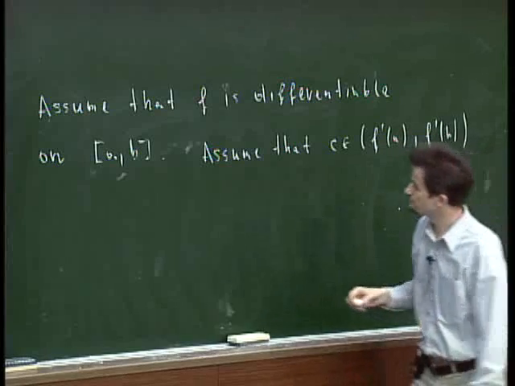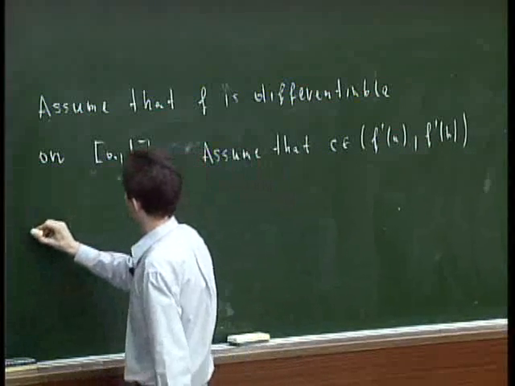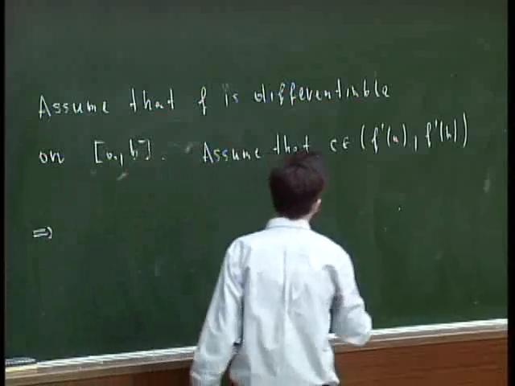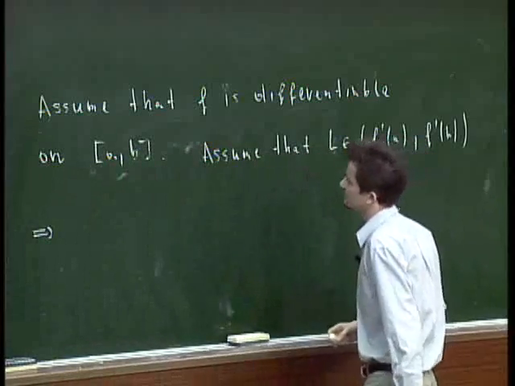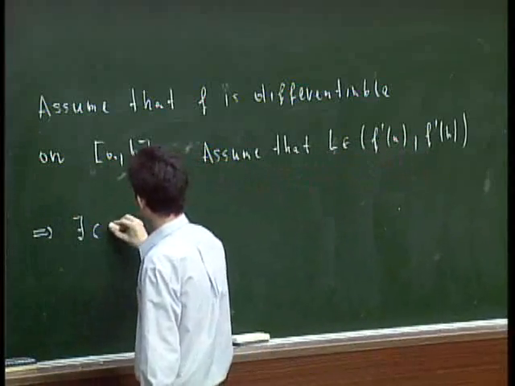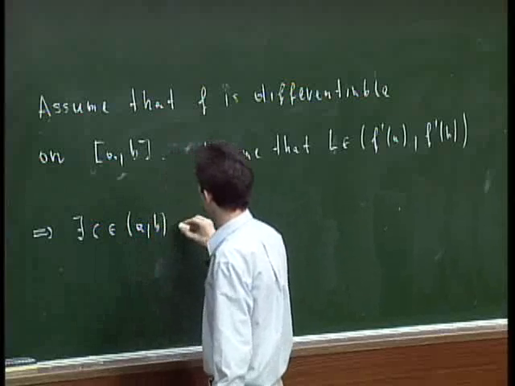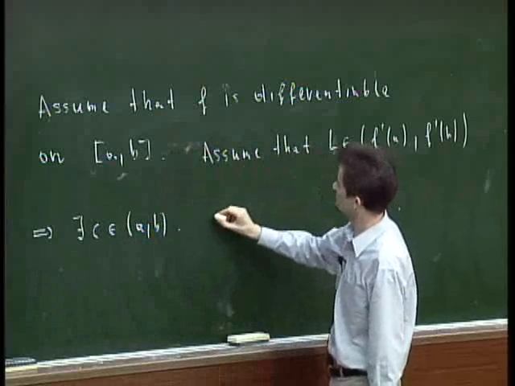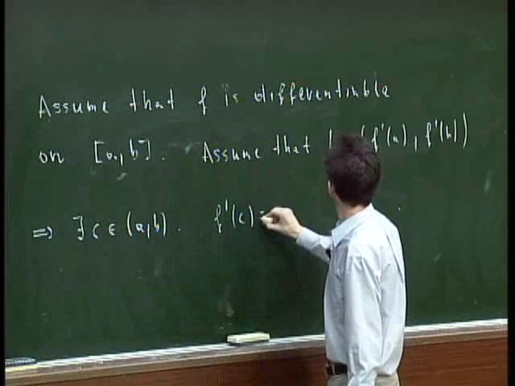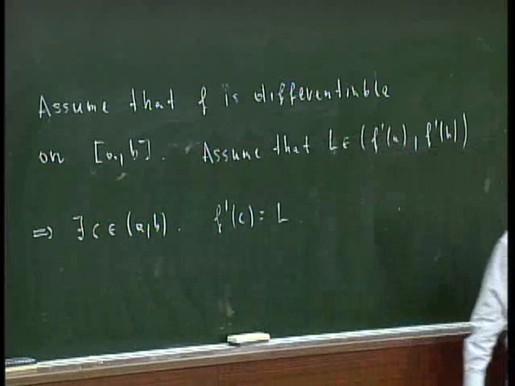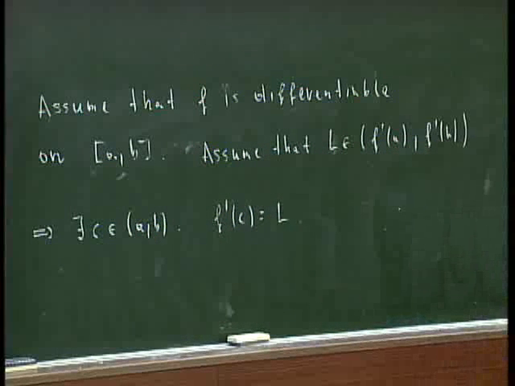Now, or let's call this large L, maybe that is better. So there exists a C in AB such that the derivative of f at C is equal to L. Okay, so you have something like the mean value theorem. Okay, not